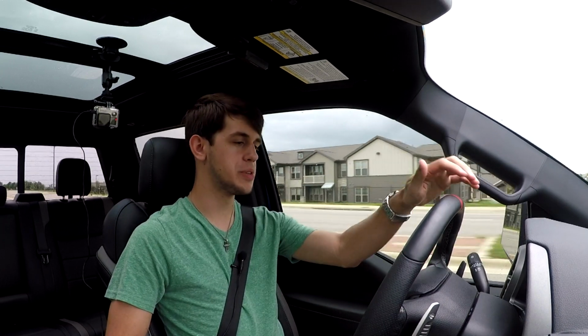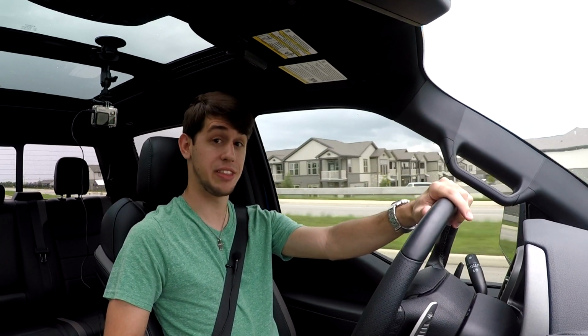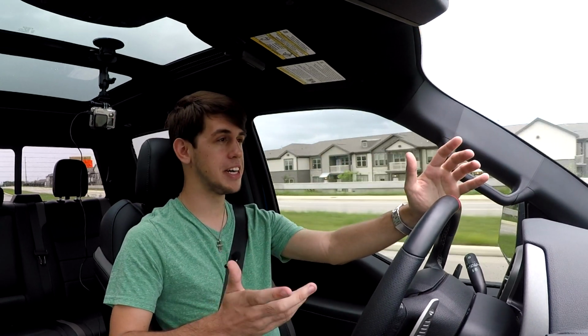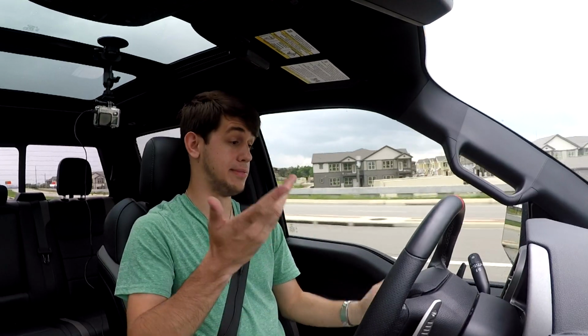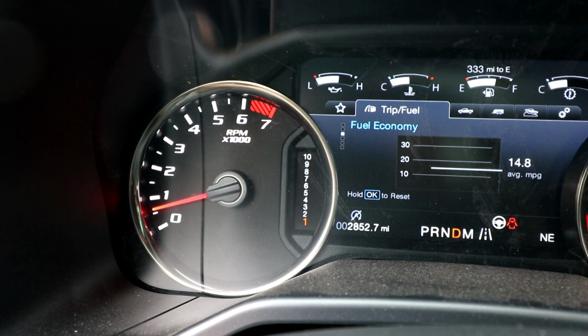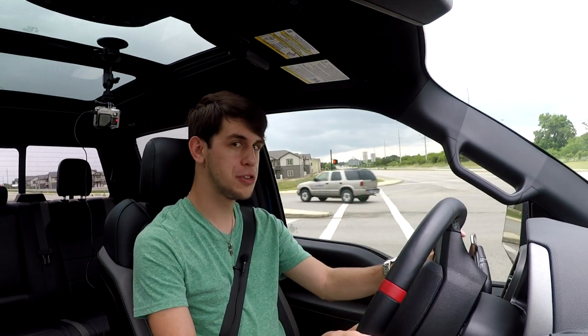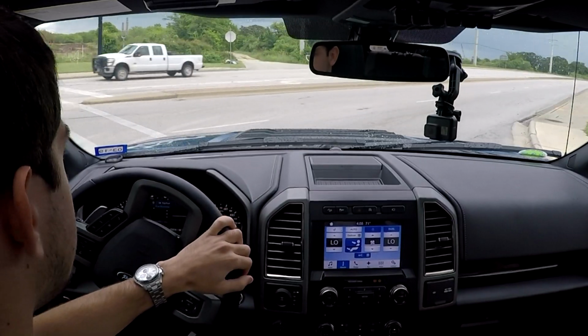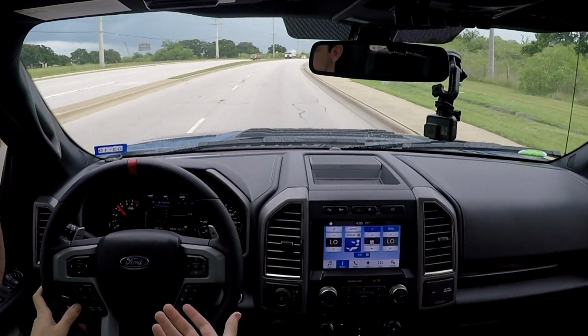So currently I'm cruising at about 52 miles per hour in 10th gear. Yeah, that's right, 10th gear. A 10-speed automatic transmission that was co-developed with GM and Ford. It's weird looking down and seeing that you're in 10th gear and seeing that there's 10 gears to even choose from in the first place. Part of me thinks it's almost too much, but I'll be anxious to see throughout the duration of this review how I enjoy it. And now just gradually